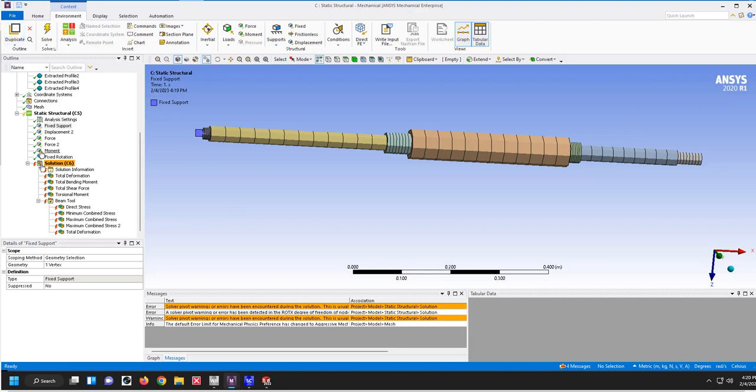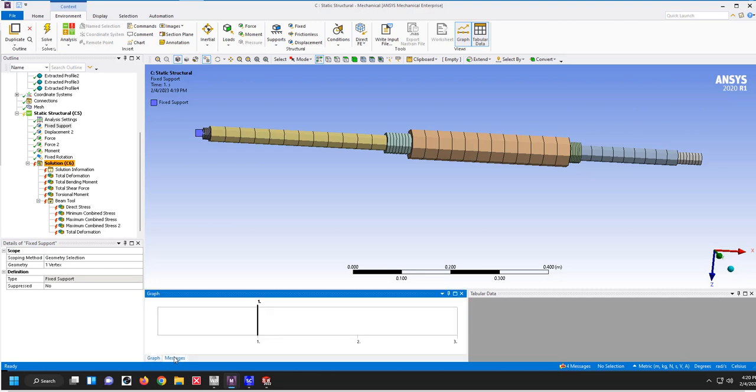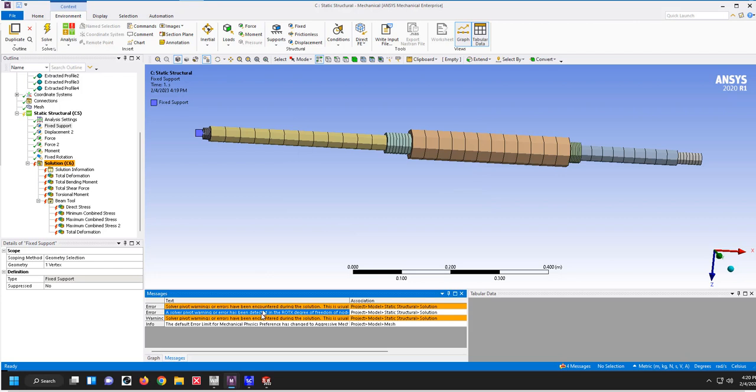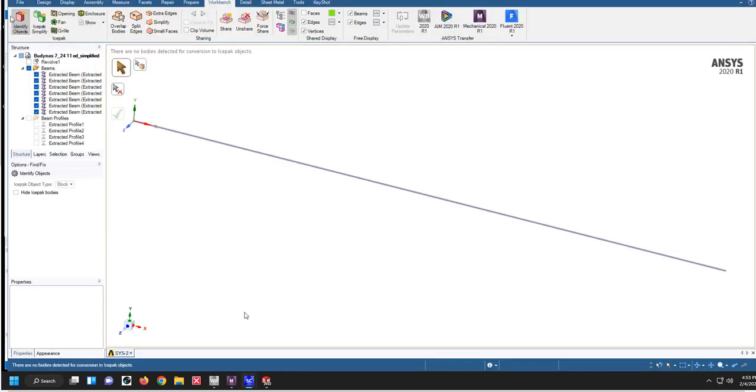So I see in my solution I got a lot of red arrows here, and if I click down at the bottom, so I can come over, if I click on the messages, we see I've got solver pivot warnings. So I probably have a constraint. My guess is going to be that I don't have some adequate connection between these. Alright, so we're not having connectivity in here, so let's go to share. We notice that it's highlighting these vertexes there,